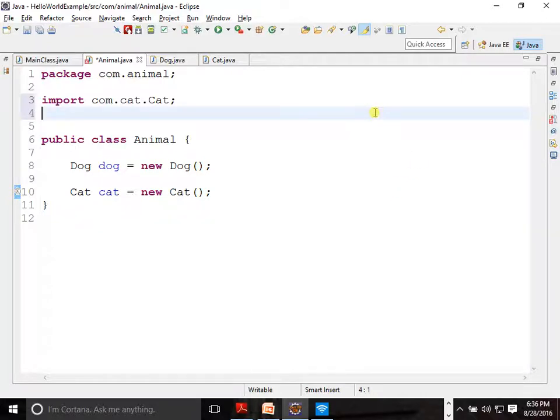Okay. If you have a conflict, I mean something like this Cat class might be in a different package, then it will automatically tell you which Cat you want to select, this one or this one. I mean we might have the same class in different packages, right? I can have a Cat class in multiple packages, so during a conflict it will show you a pop-up asking which one you want to use, and from there you can select whichever you want. And the package used to be in a form or another form.